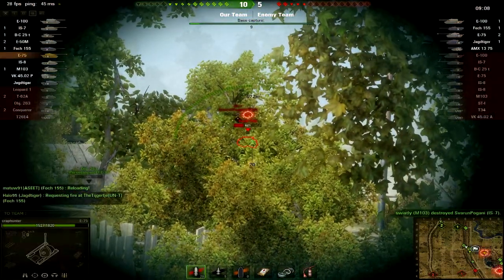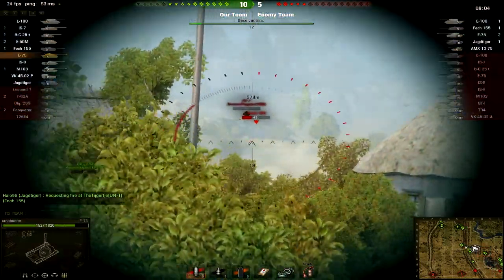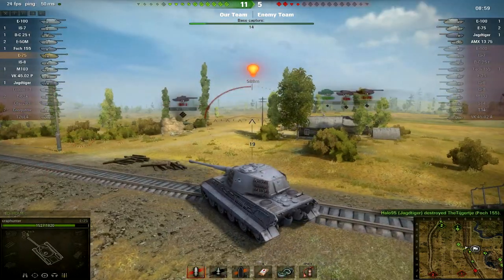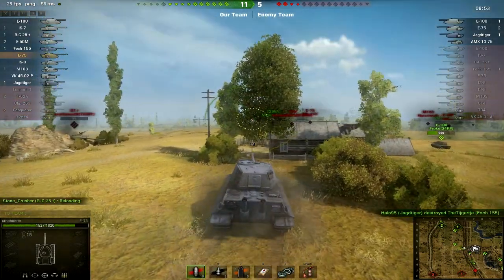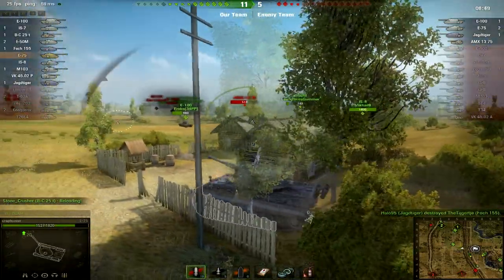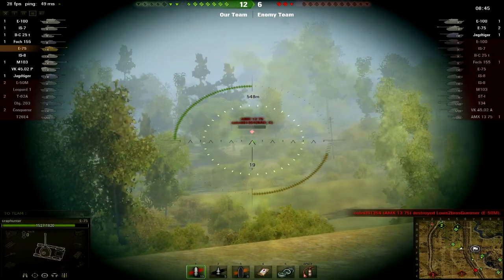Low, can I pop a shot? Bang! It bounces. Why, of course it would bounce. This gun isn't the top gun, if you are wondering. The Foch tank is down. Right, and I have been spotted by that little git over by the E75. So the E100 and the E70... I'm going to charge. I've only taken one shot today, which is quite interesting. There is the tank. I have taken a ricochet. I'm going to pop a shot and knock that little...